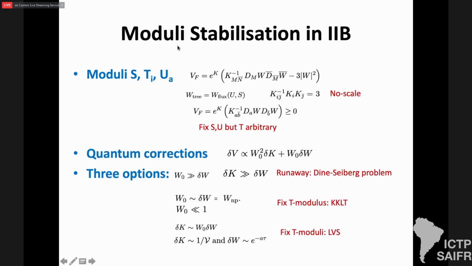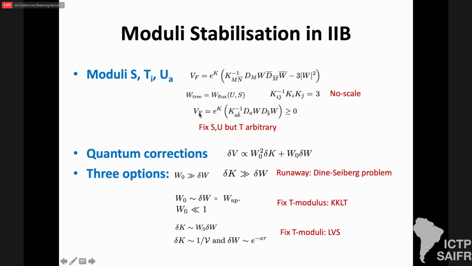So I will just go quickly because Shamit already said a lot about this. So we have classified the moduli: the dilaton, the Kähler moduli, the complex structure moduli, and you have N=1 supergravity. So the F-term component is well known, and we know from Gukov-Vafa-Witten that the tree-level potential is given by fluxes that depend only on the complex structure and the dilaton, whereas it doesn't depend on the T fields and the Kähler moduli. And for the Kähler moduli, they satisfy this interesting property, which is the no-scale property that you can see because of the scaling symmetries that you have in the 10-dimensional theory. And because of that,